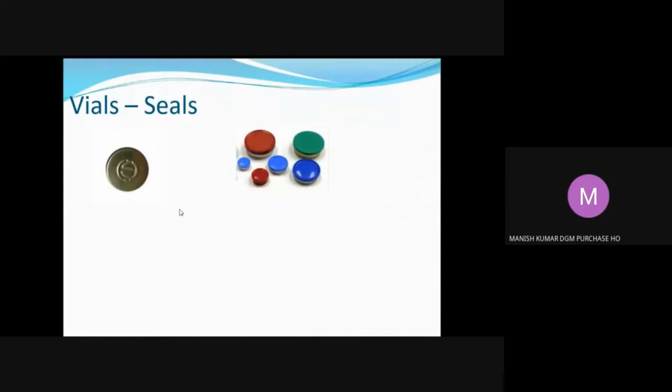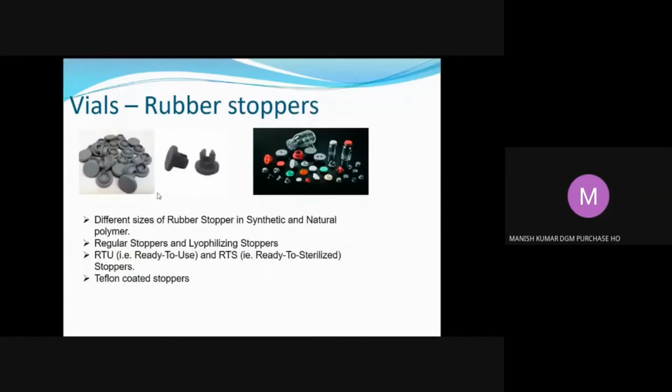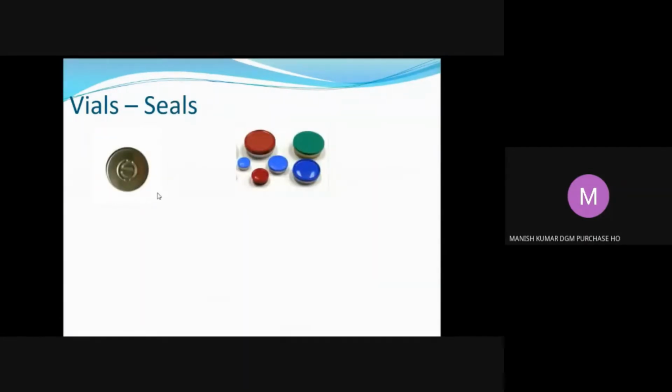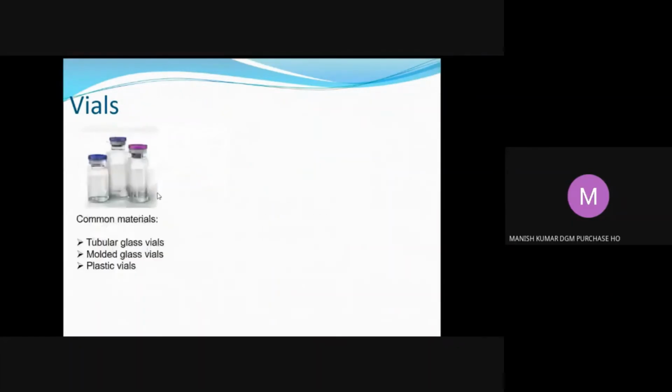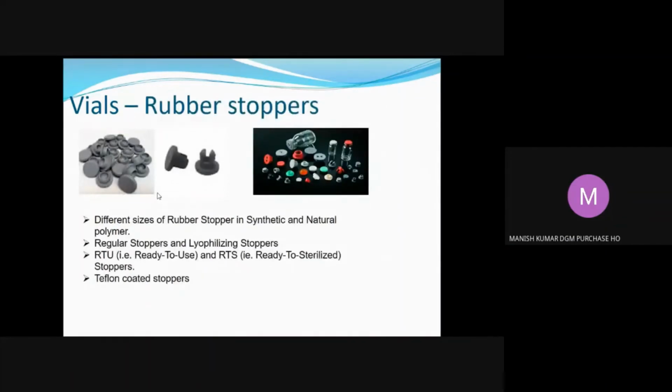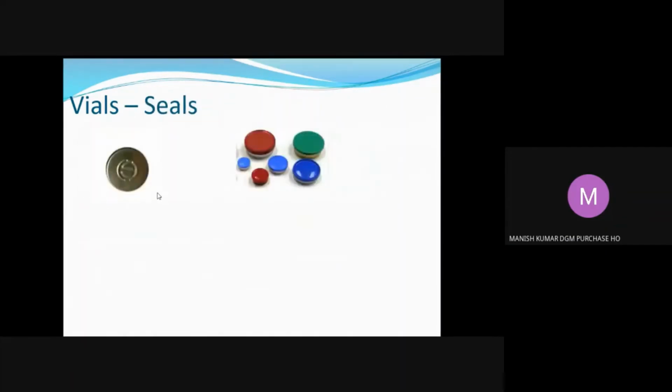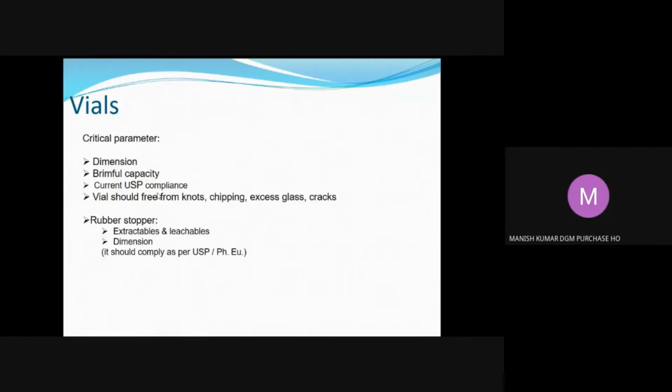After putting rubber stoppers, we put the seals. This type of seals, in early days, we were using. Now flip-up seals are also available. These seal manufacturers are different. Sometimes rubber stopper manufacturers are also manufacturing seals, and there are other companies that make seals for us. So glass vials are coming from one vendor, the rubber stopper is coming from another manufacturer, and seals sometimes come from the rubber stopper suppliers, or you have to select another industry for your seal supplies.